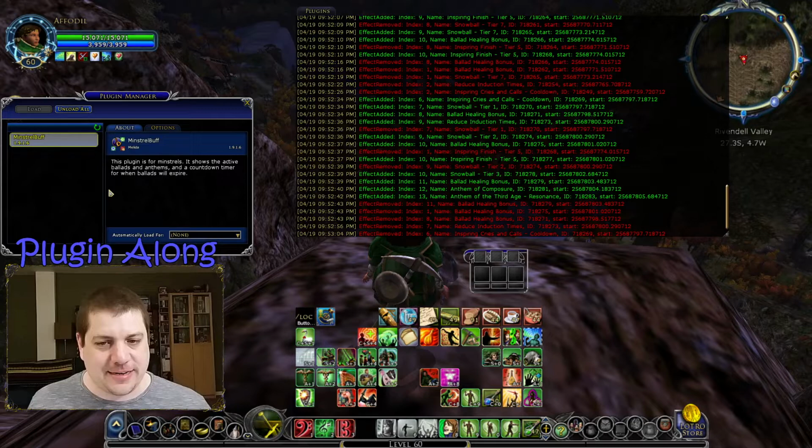So I'm just going to dial down my graphics here, make sure it's not that causing problems. Rivendell's going to look a lot less exciting from on high, but it's covered up with text. Okay, so